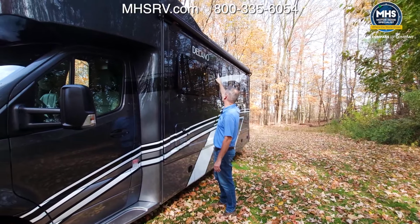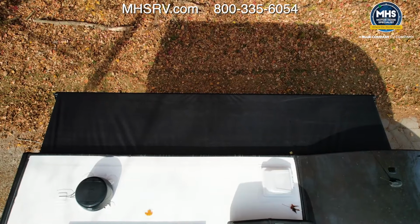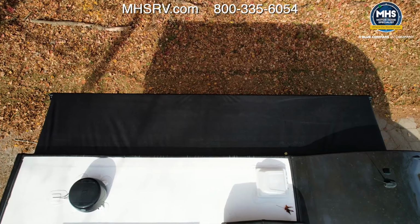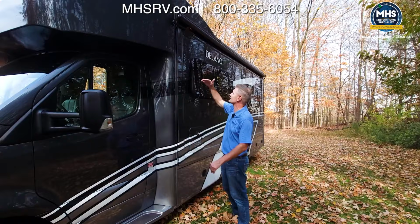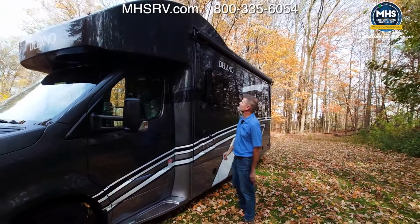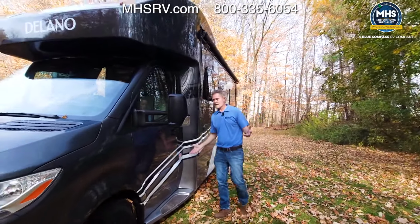And up top, looks like an awning. That is a slide topper. You can see that leaf right there. He's like, hey, get me out of here. You know why? Because he knows a slide topper is going to kick him right back off at the campsite instead of getting between the top of your slide and the mechanisms of your Delano and gumming up the works. So you have a slide topper all the way down, and that takes us right back up front